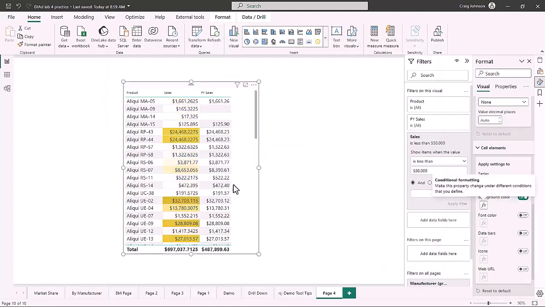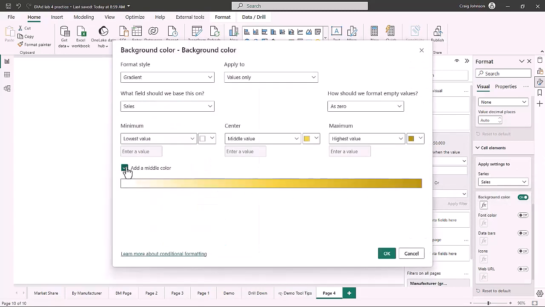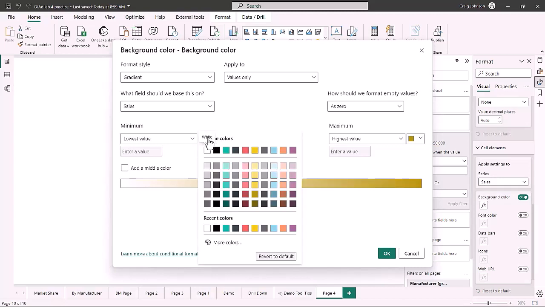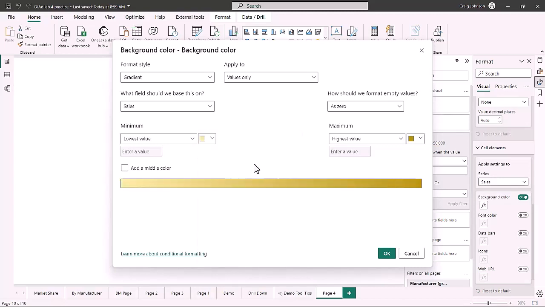You make that change. So now the lower values are white, the middle colors are a lighter yellow gold, and then the darker colors are a gold. So we're going to go back again, and we're going to take out the middle color. We're going to focus in on the light to dark, and that is the first example of a gradient style